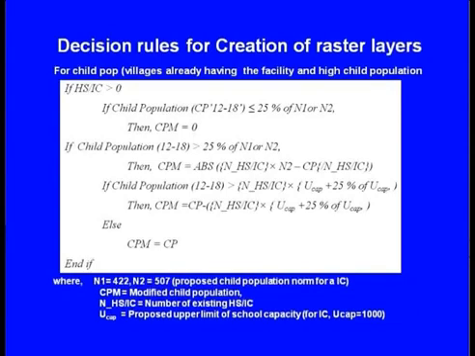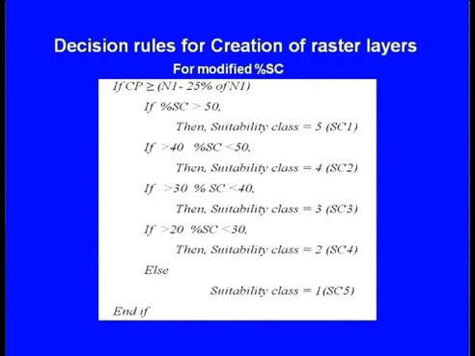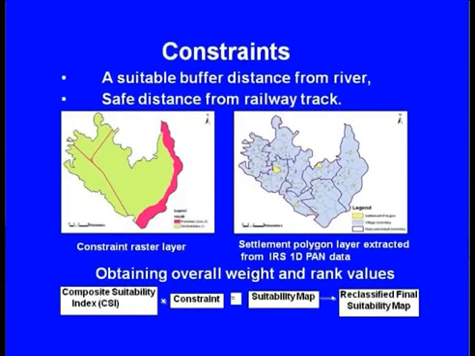Certain decision rules also need to be worked out, because we have to take into consideration the optimization in terms of the costs and the benefits, and this has to be linked to the child population. So, based on the child population criteria and their suitability, and also taking into account the constraints, that is, the road or the proximity to the river, we work out the information which is required.